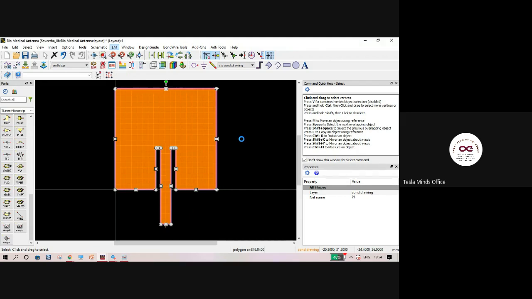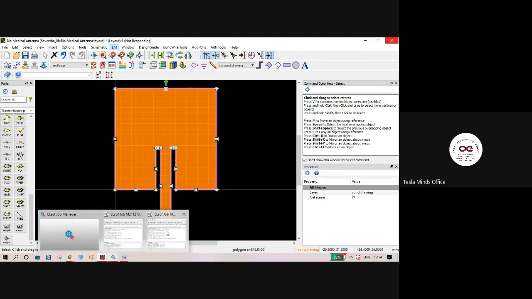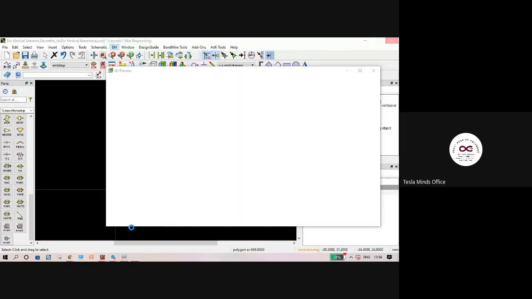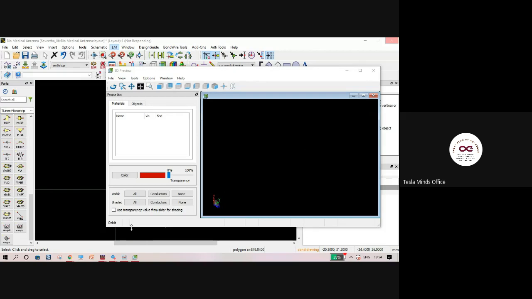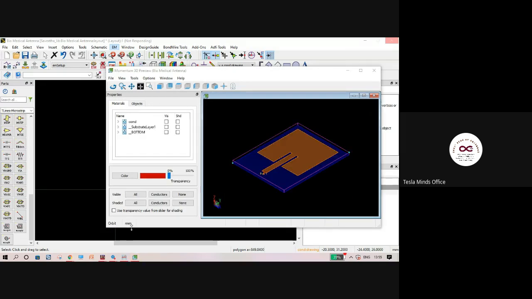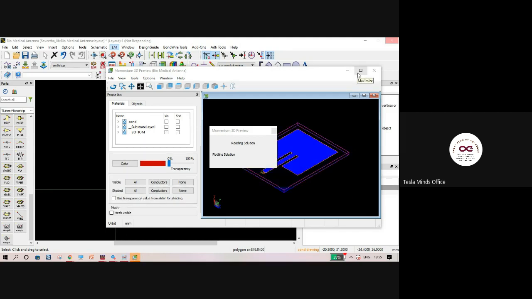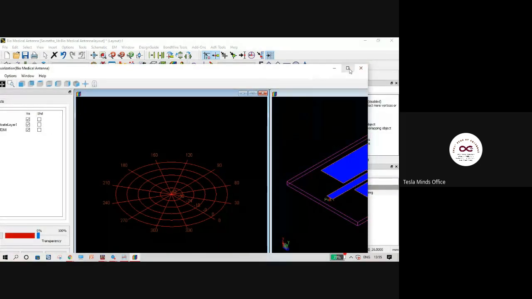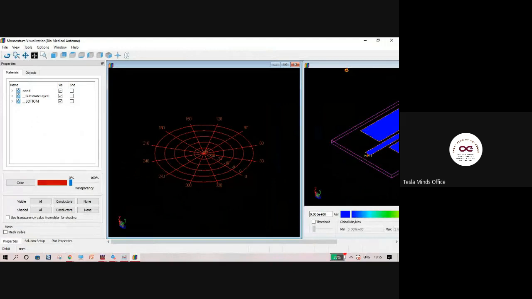You will get used to the icons once you start designing antennas, so don't worry about it. I clicked on the far field option and the simulation will appear in a moment. What we are seeing now is a 3D visualization of the antenna structure, as well as the radiation pattern and the current distribution.